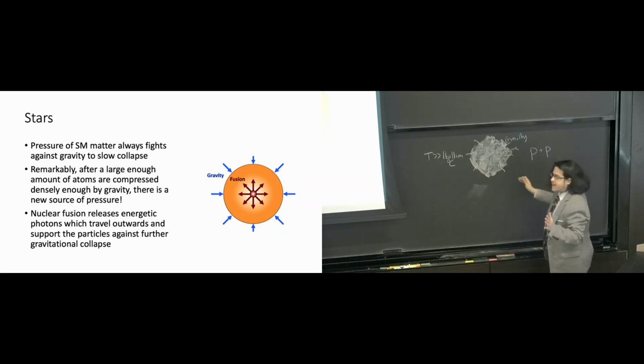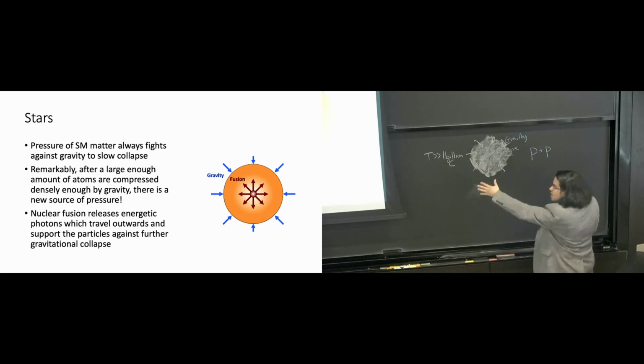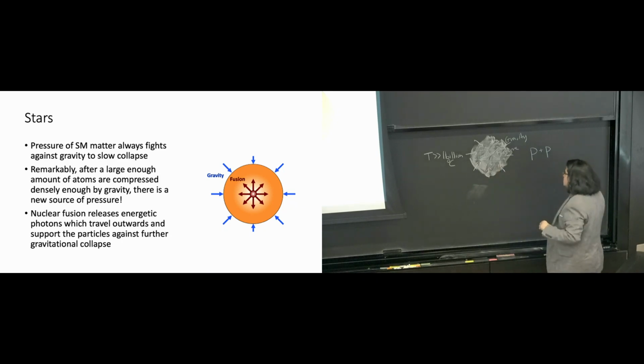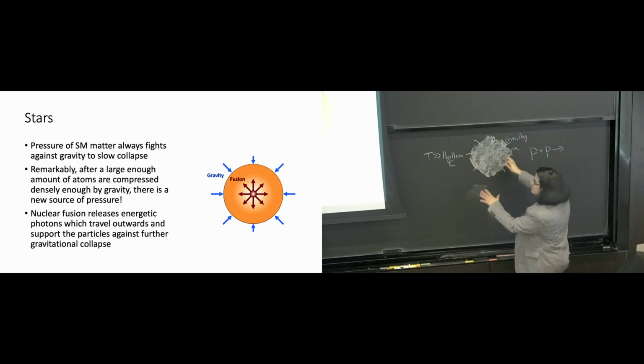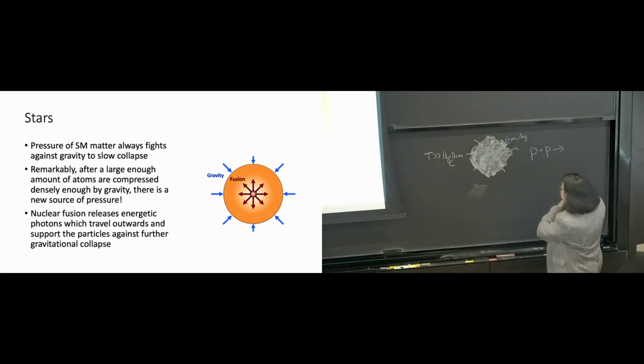Nuclear reactions again. The universe has not seen nuclear reactions since Big Bang nucleosynthesis, a few minutes after the Big Bang, right? And that turned off very quickly. We got some helium atoms, but otherwise the nuclear reactions turned off very quickly because the universe was cooling and expanding. But another 100 million or billion years later, we again have some nuclear reactions that can occur when you start having regions that are very, very dense, okay?